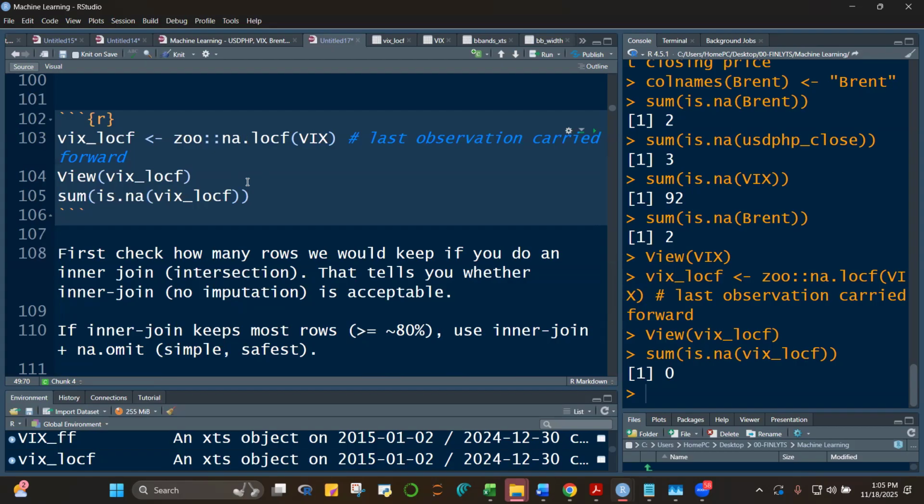But we studied last time that we're not studying VIX independently or individually. We are using VIX as a predictor or as a feature in explaining US dollar PHP returns. So we're going to merge the data, and it doesn't always mean that if you do LOCF for a certain asset or a certain feature, that it's the best option already. So we were able to show that, in fact,